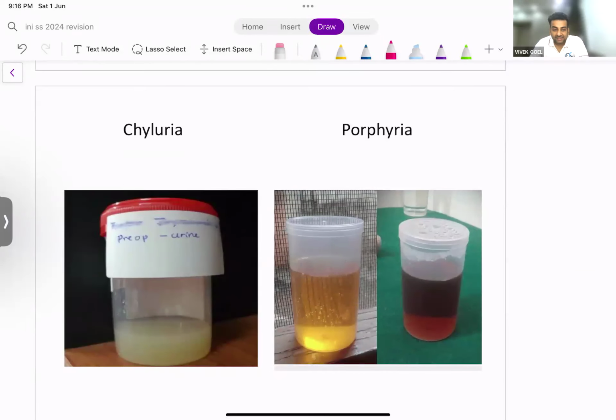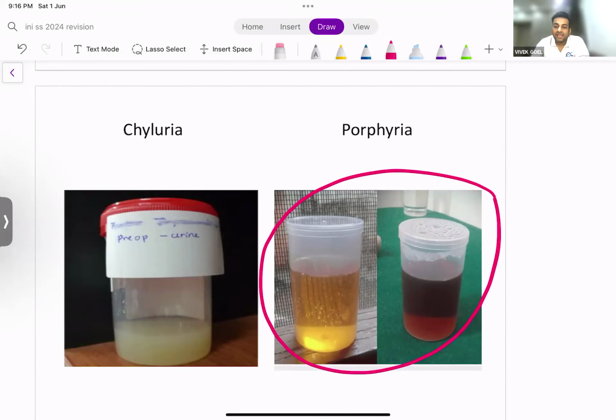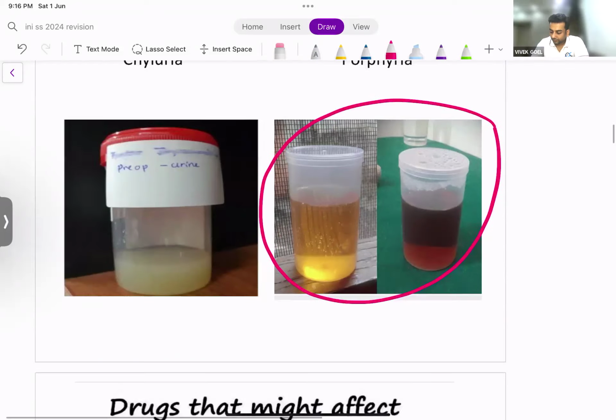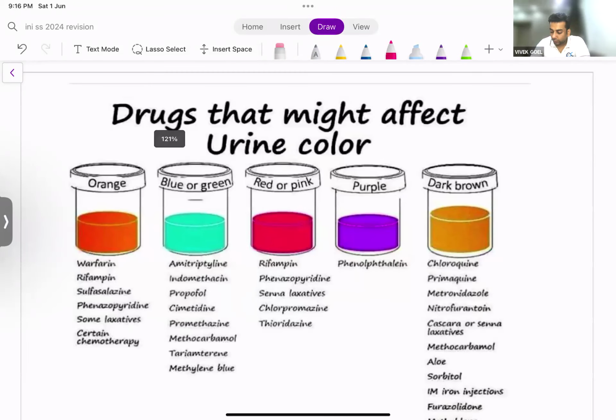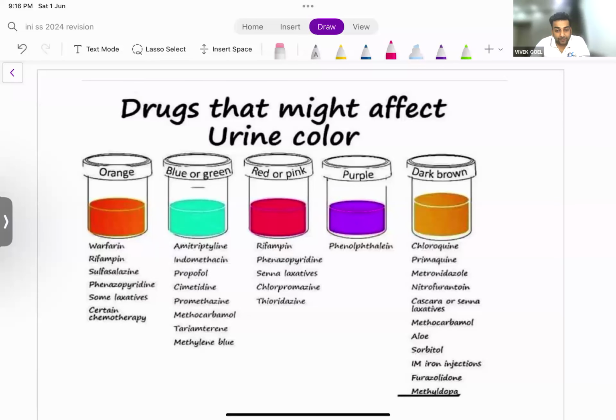Chyluria, we very often see this is a milky white urine. I have seen it in renal tuberculosis. I've seen it in renal cell cancer. Sometimes it could even be there in fungal pyelonephritis, such type of a foul smelling chyluria. And porphyria, due to the presence of porphyrins, it could lead to a reddish or a brownish urine, which is very, very important. Now, there are certain drugs that can affect the urine color, like the primaquine, the metronidazole, the